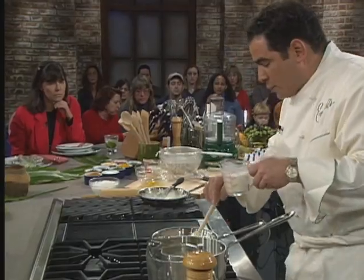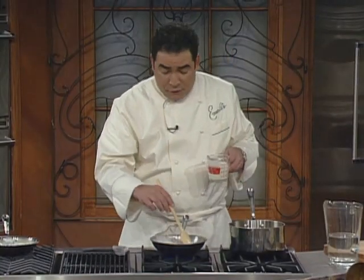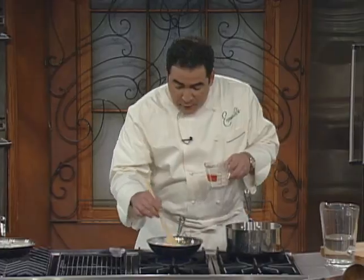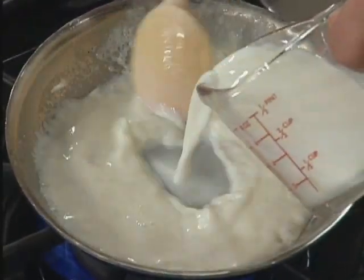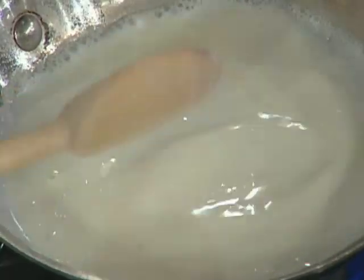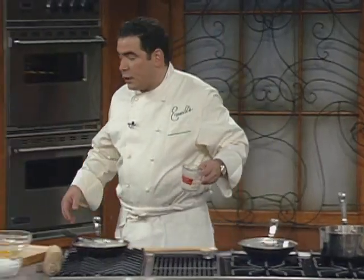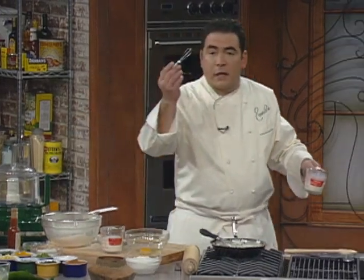Now, I've said this a lot of times, whenever you are using a thickening agent, let's just say now it's flour and a roux that I'm using, it's never going to be at its full thickening power until it comes to a boil. And if you're worried about lumps, I'm using a wooden spoon, as you can see. If you're worried about lumps, then you can just use a little whisk, a little baby whisk like I got right here, you see? You just kind of...